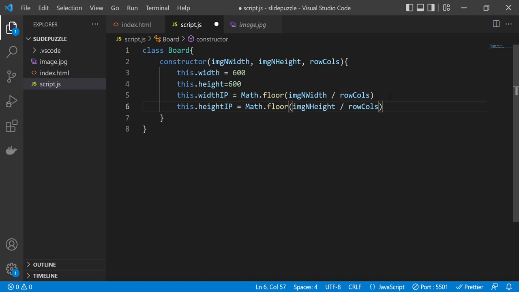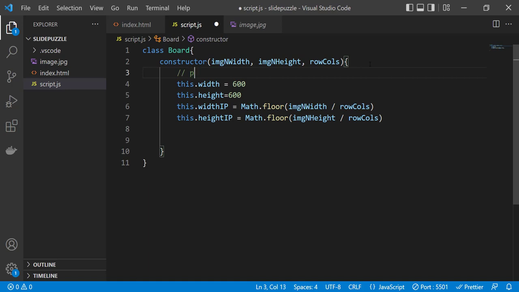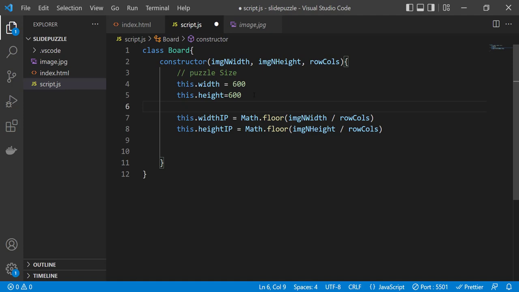So if it's a 2 by 2, then the natural width divided by 2 gives us 2 columns. And natural height divided by the number of columns gives us the total number of rows. Now this width and height is actually the width and height of each piece of the original image, not the piece on our puzzle. So let me put some comments. So this width and height is puzzle width and height, and this one is